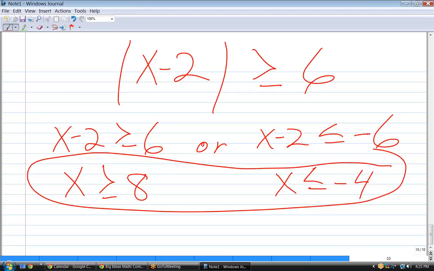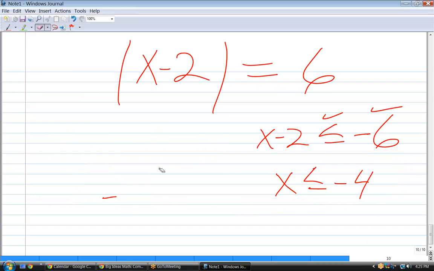And the thing to remember is never change what's inside the absolute value sign. In other words, a lot of people want to mess with this and make it a negative x minus 2 or something. But the only thing you have to change is the direction of the inequality and the sign on the number. Now, if this is just an equation,